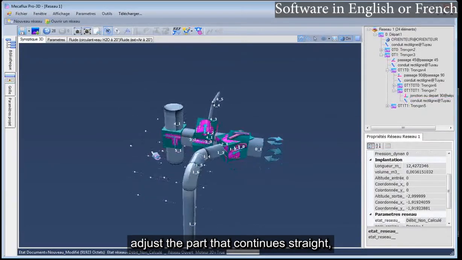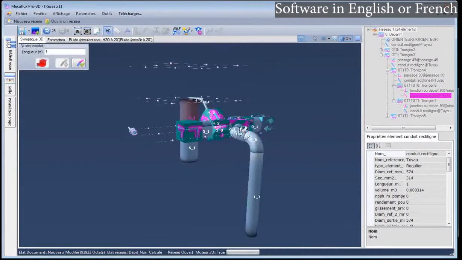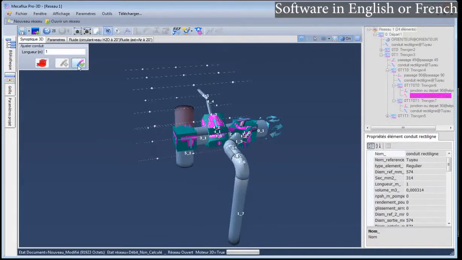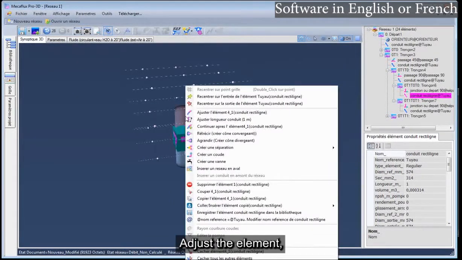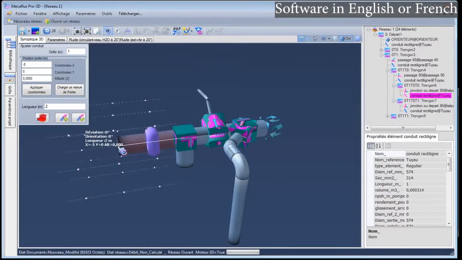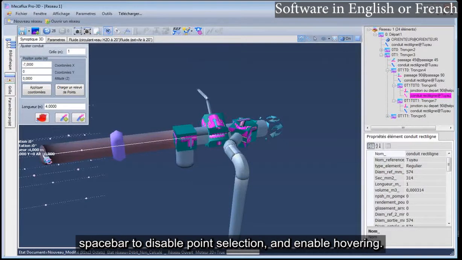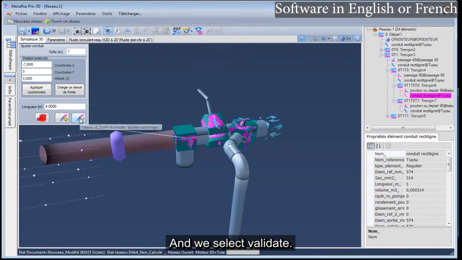Adjust the part that continues straight. Adjust the element with a slightly longer length of 4 meters. Spacebar to disable point selection and enable hovering. And we select validate.